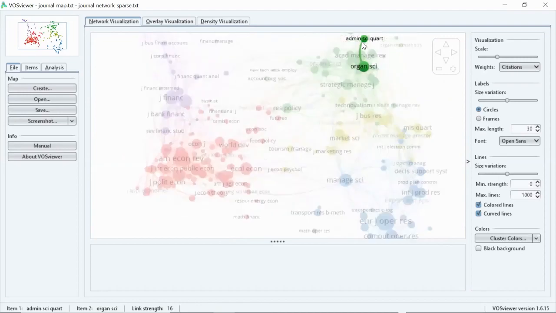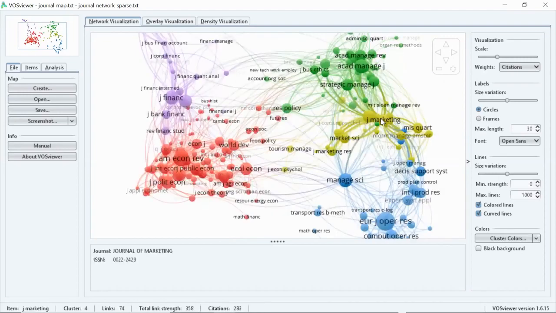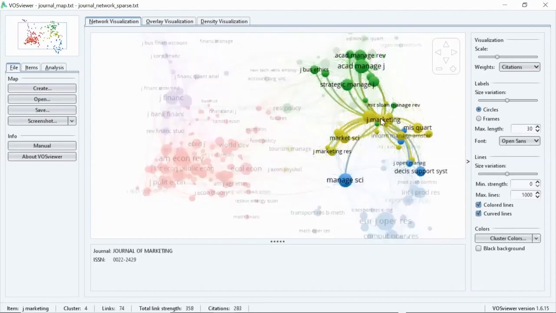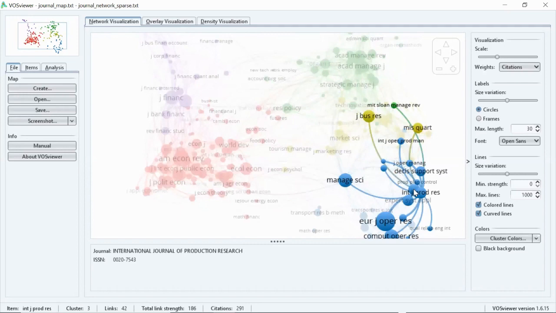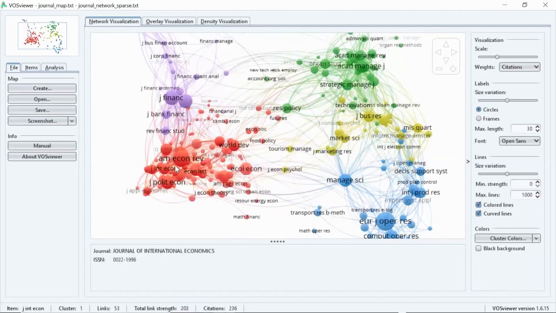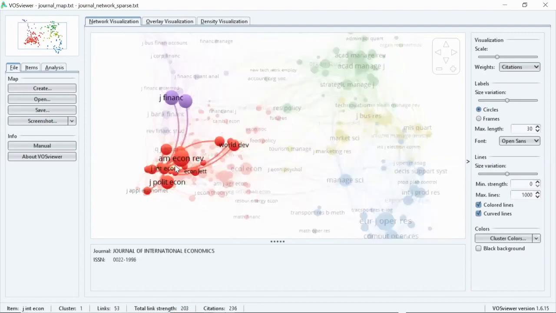So management and administration, the green cluster. Whereas the yellow cluster deals with marketing and business strategies, and the blue cluster deals with decision support systems, operations research, etc. So based on their similarity, these clusters are formed.